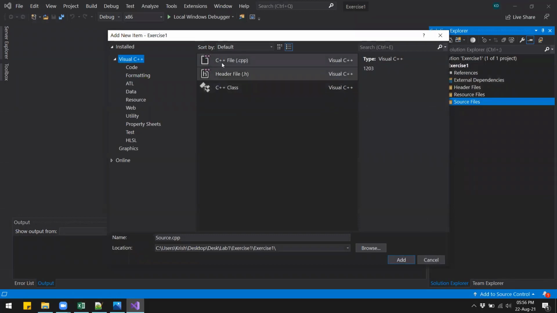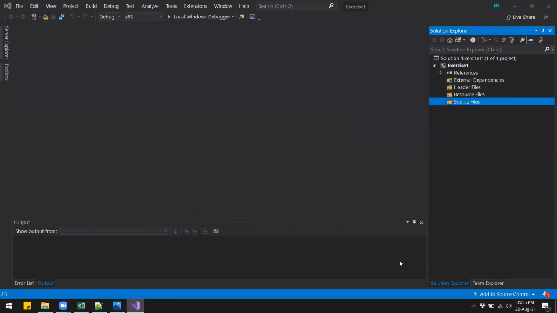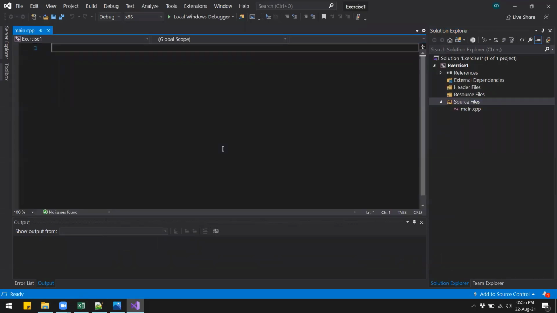Then you will select a C++ file, that is .cpp, and then at the bottom you can give a name to your source code. So I'll call this main.cpp, and then click on add. Right, and then we get this empty space where we can write our code. So I'll write the template of our C++ code, and then we will continue from there.